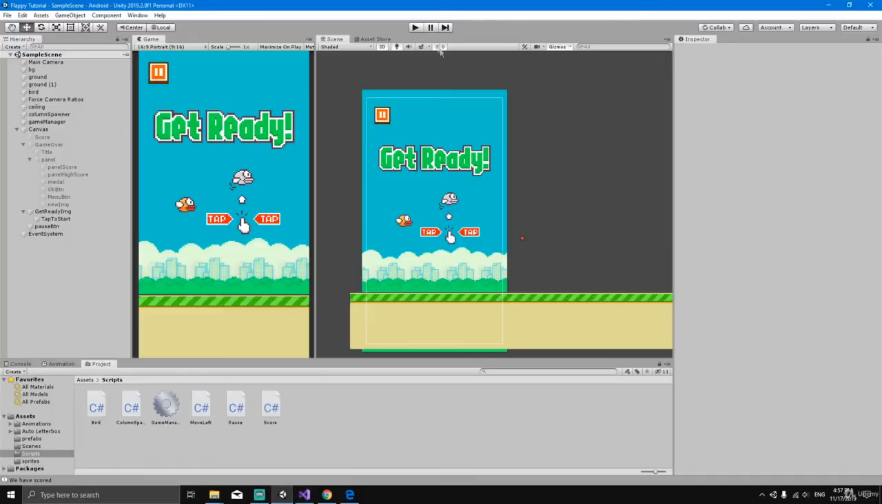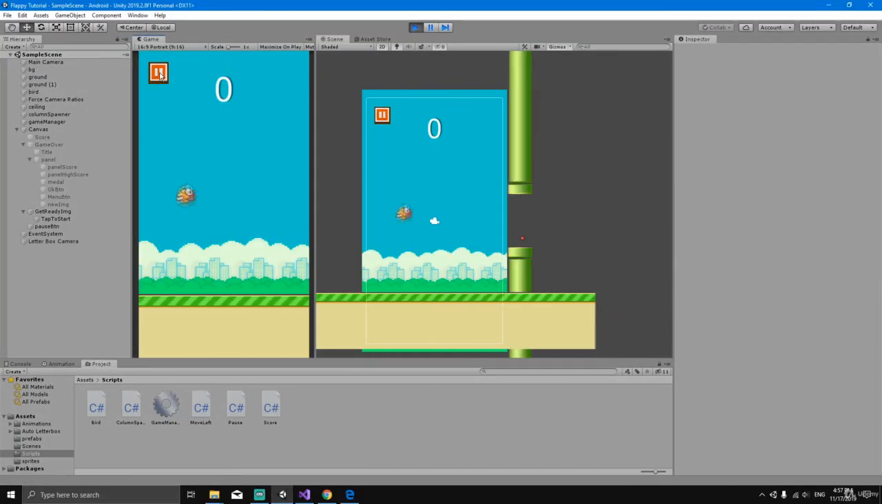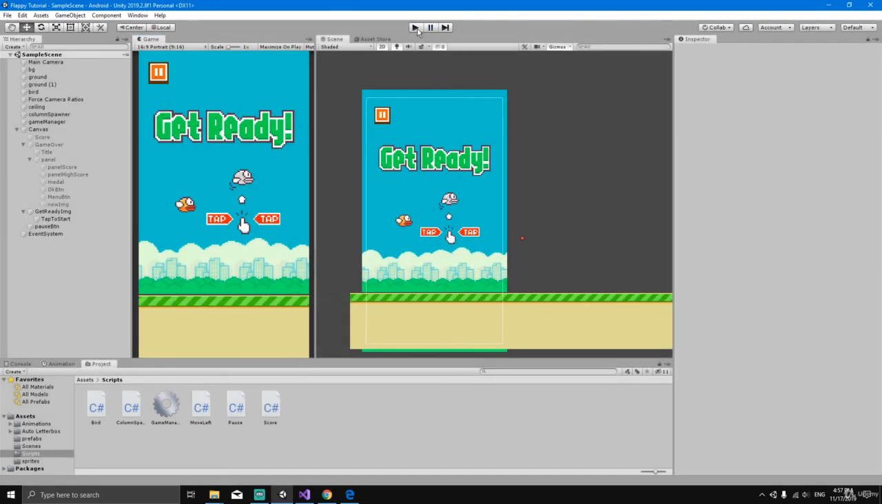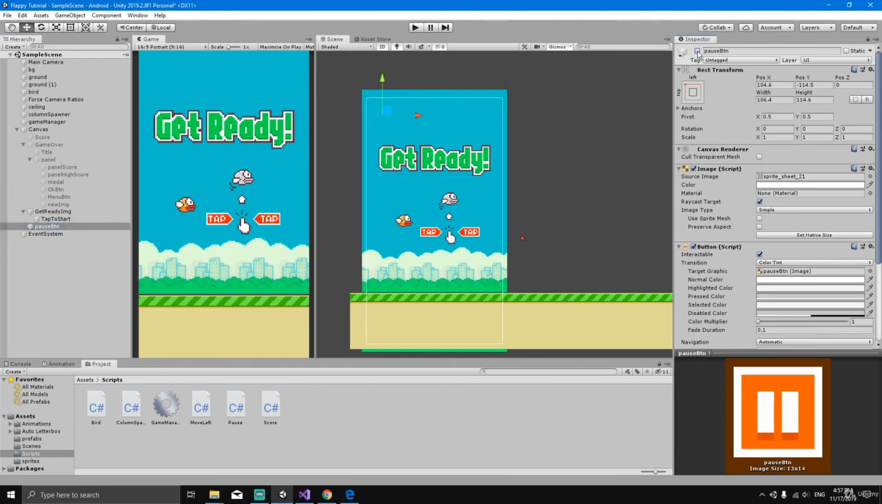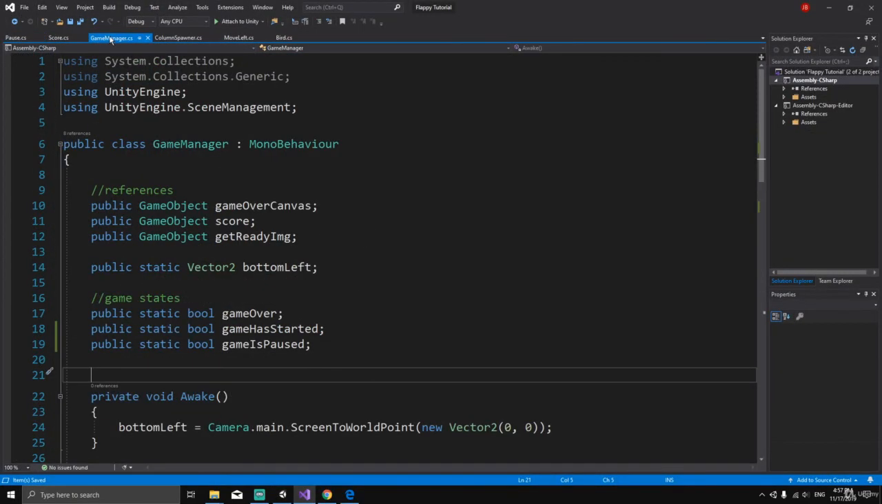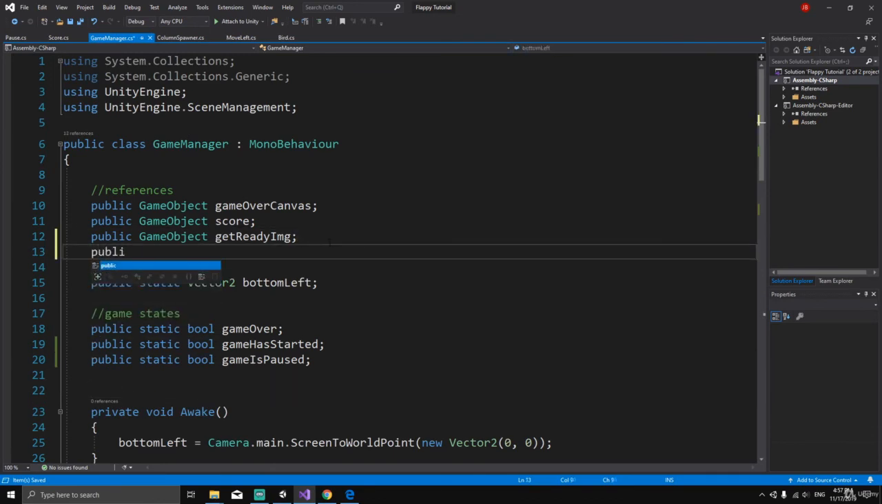The only thing that we want to tweak a little bit is that the pause button appears here in the beginning of the game, and we don't want this to happen. We only want the pause button to be available once we tap the first time. So to do this, we're going to select our pause button. We're going to set it inactive, and we're going to create a reference in our game manager script. So in our game manager, we're going to create a reference to the pause button. So public game object